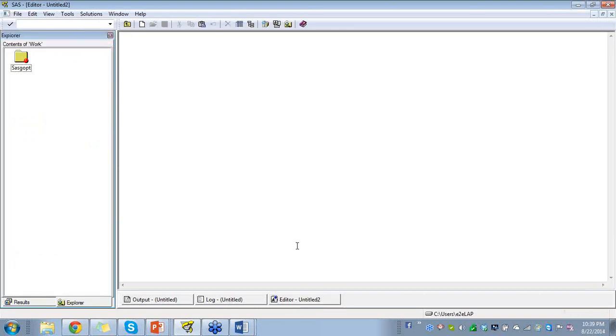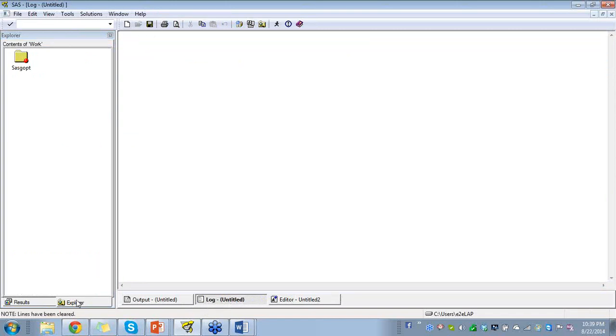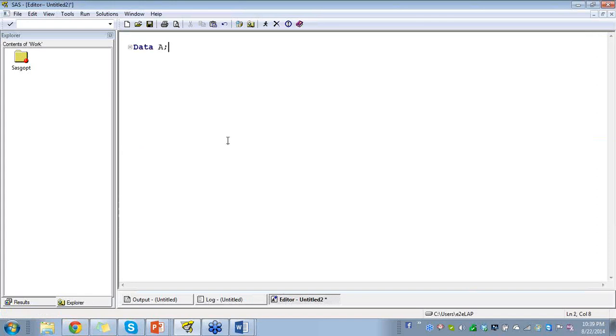I have an editor window, log window, output window, explorer window, and result window. Editor window is the window where I can write the code. Suppose I write the code: data a; set sashelp.class; run;